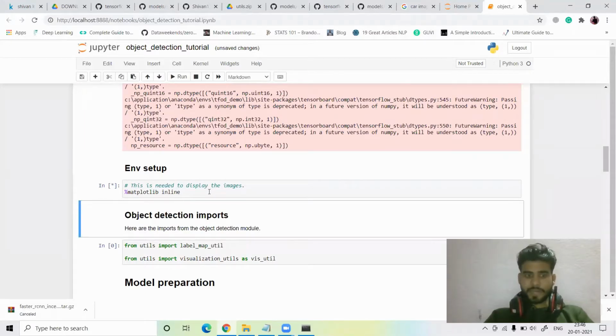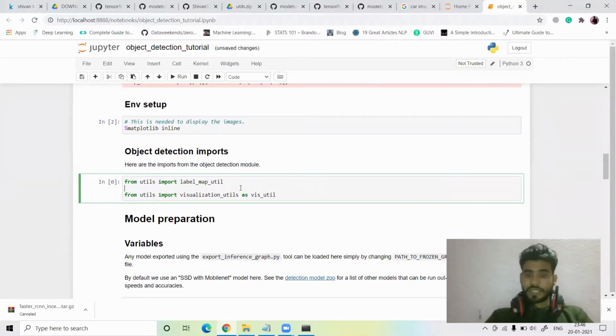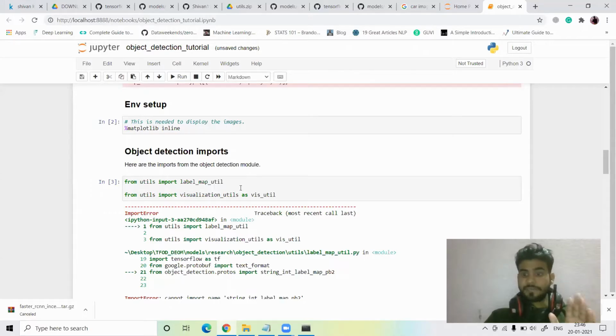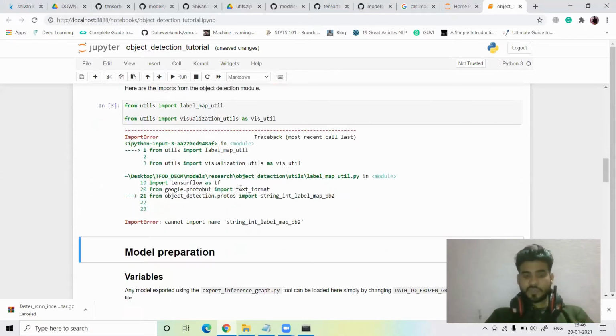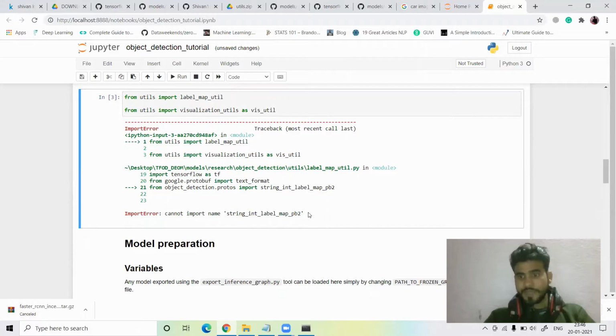Okay, let's set up matplotlib. After that, let's run this cell: from utils import label map and visualization. If it gives me an error, see, it's showing the error: ImportError, cannot import name string this file. If in your system you get this type of error,